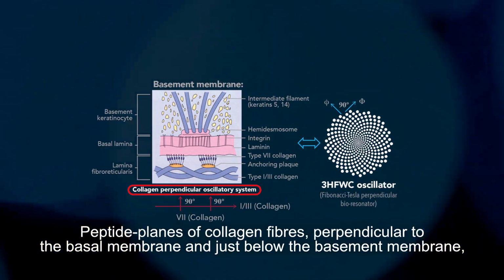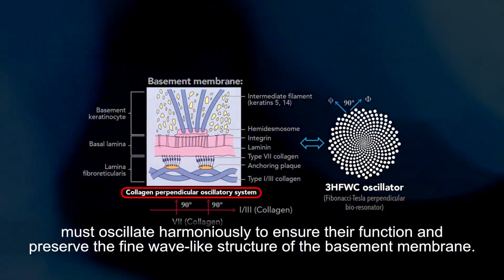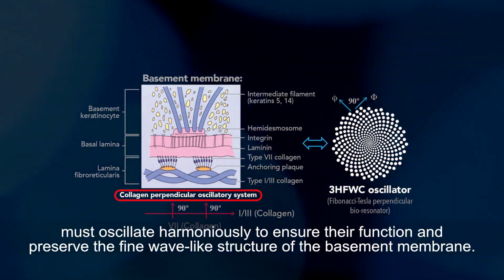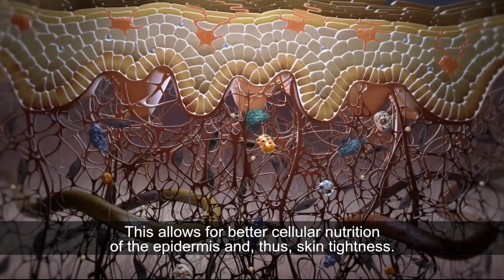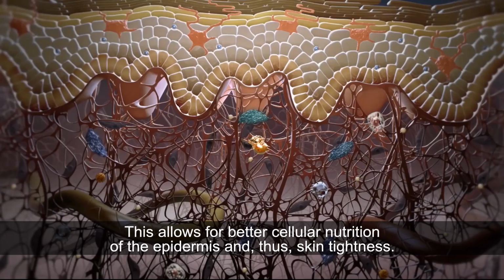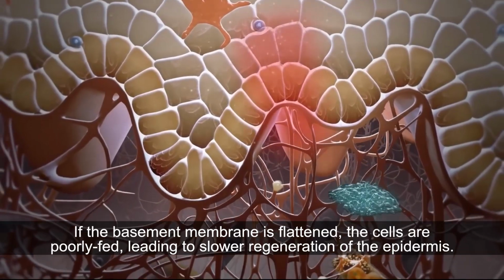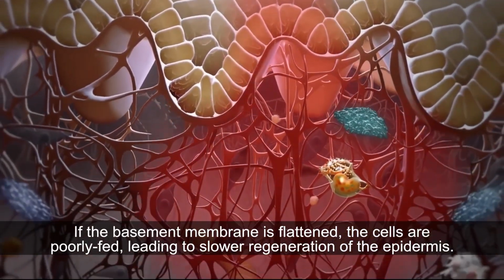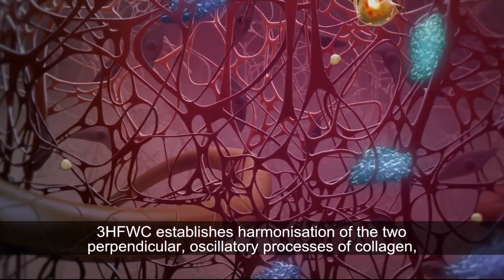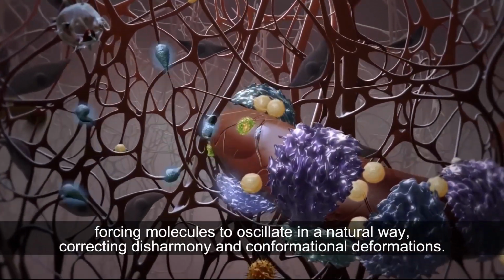Peptide planes of collagen fibers, perpendicular to the basal membrane and just below the basement membrane, must oscillate harmoniously to ensure their function and preserve the fine, wave-like structure of the basement membrane. This allows for better cellular nutrition of the epidermis and, thus, skin tightness. If the basement membrane is flattened, the cells are poorly fed, leading to slower regeneration of the epidermis. 3HFWC establishes harmonization of the two perpendicular oscillatory processes of collagen, forcing molecules to oscillate in a natural way, correcting